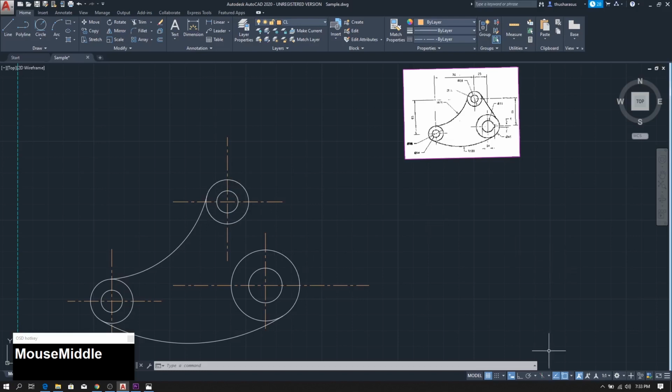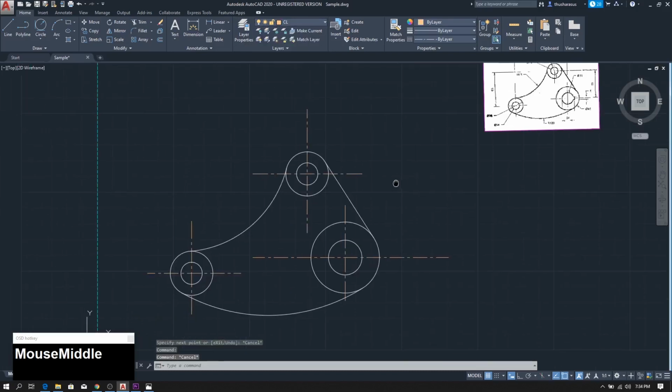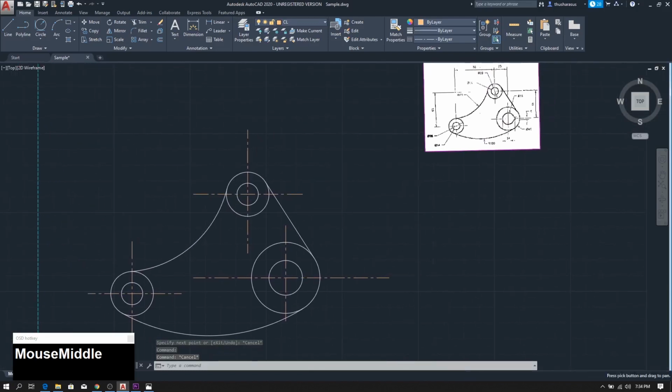To draw that, please go to here and select this tangent and uncheck this center line. Okay, that is really important. And then go to our line tool, and then click this outer circle and this circle. It will automatically draw our tangent line. Again we have to move this to our outline layer. Simple as that. Okay, almost we have drawn our